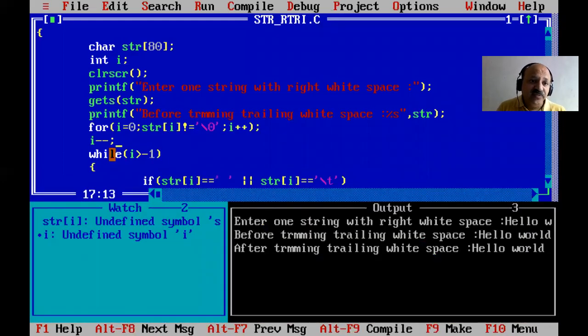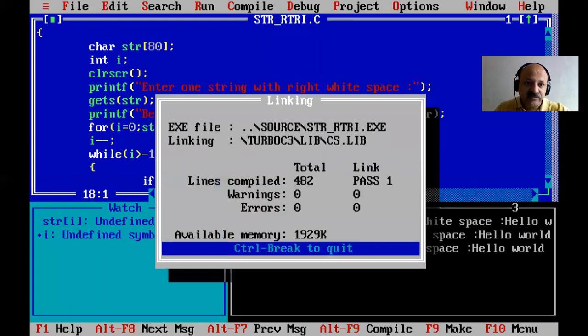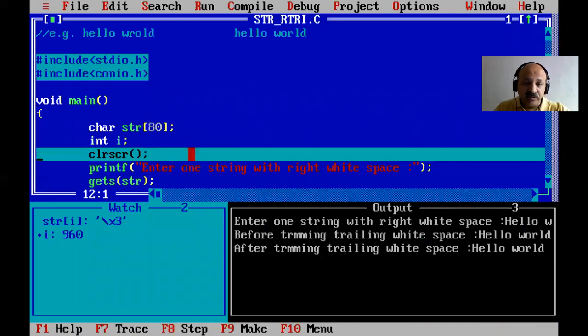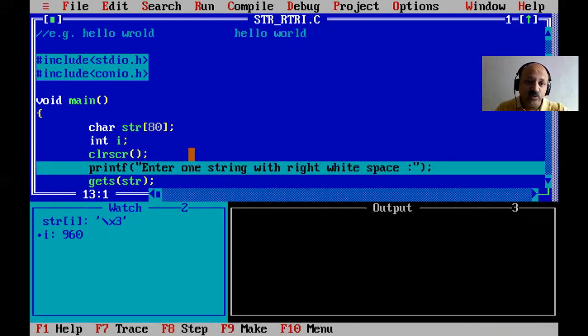So yes, here the first time it directly comes out of the while loop, because that is the end of the string, I plus plus one extra because that is a null. So that is not equal, but I is that we can start with minus minus. So that is after the white space. So that is I is greater than minus one. So yes, I think you have to understand. And now let us check the same process and observe it in the watch window. Then you can understand.